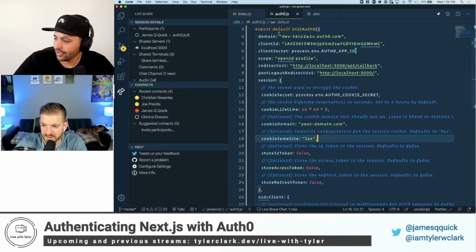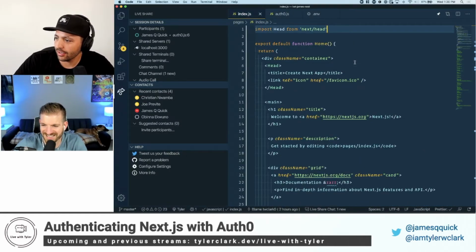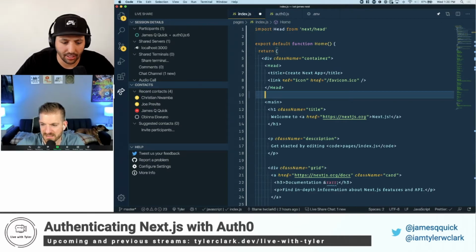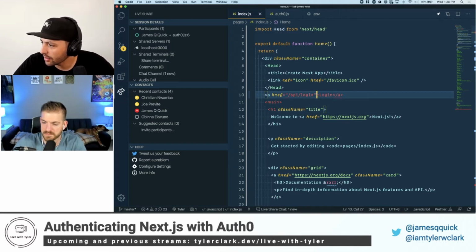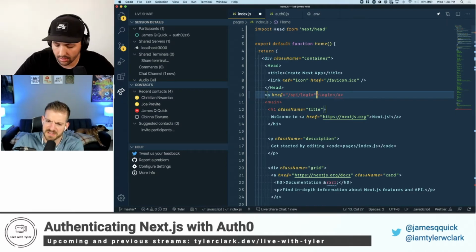All right, cool. So we got that in there. Yeah, let's create the login option. What I did for that was basically just put a tag here, a login button. It's not going to be very pretty, but basically just a login. It's complaining about something. And this is an interesting thing, different than